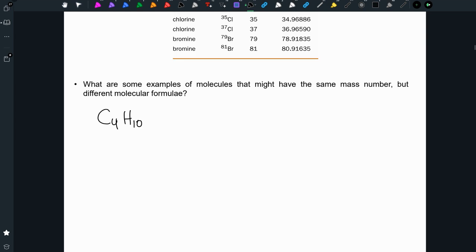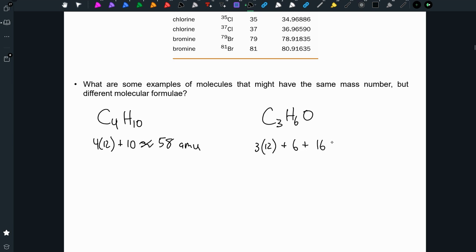Okay, that's got a molar mass of 4 times 12 plus 10, which is roughly 58 grams per mole, or 58 AMU. I could also have C3H6O. That's got a molar mass of 3 times 12, which is 36, plus 6 plus 16, which is also